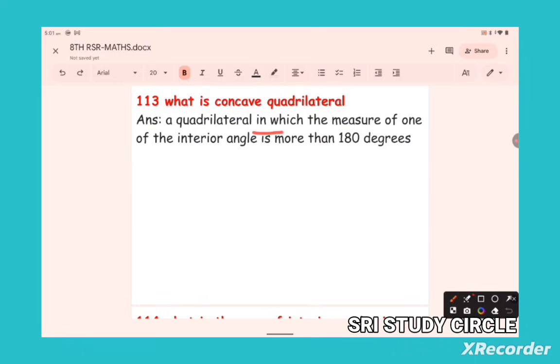A quadrilateral in which the measure of one of its interior angles is more than 180 is called concave quadrilateral. One of the interior angles of a quadrilateral is more than 180, that is called concave quadrilateral. Suppose, see here,